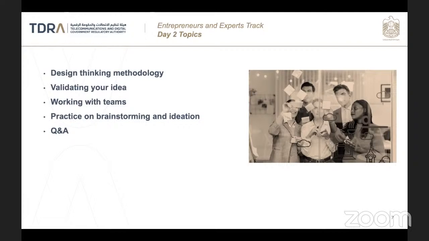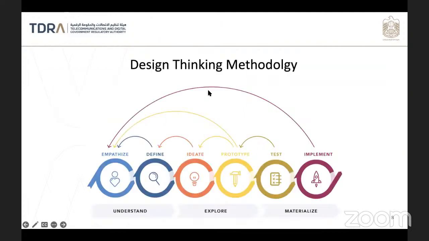And today we are going to continue on the process itself, how we design, how we bring new ideas to life. And the design thinking methodology is actually the well-known methodology to innovate right now, because what was happening